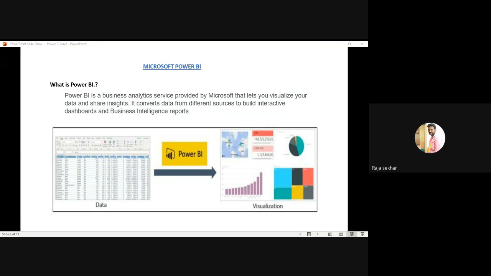For example, if you want to take any Excel data which you have for student details only. For example, in our CSE department or the IT department, we have 600 of